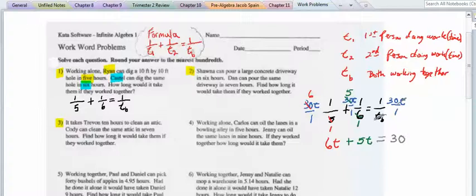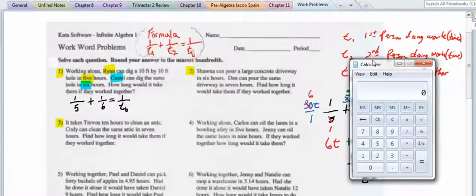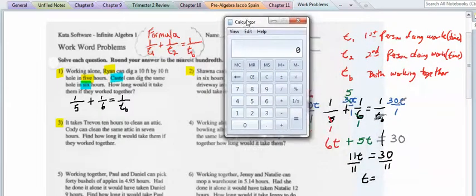Going back, you're going to put the t's together because they're on the same side of the equal sign. 6 plus 5 is 11t is equal to 30. Divide by 11, divide by 11. T is equal to, and at this point, I told you can go ahead and use a calculator. So I'm going to get my calculator. We're going to say 30 divided by 11 is equal to